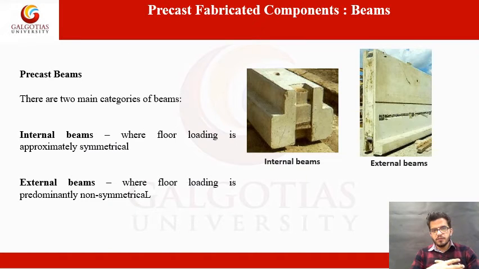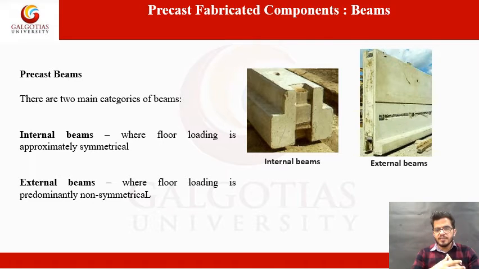So moving forward to the precast fabricated components, we have beams. We have a precast beam system, and we have two types of precast fabricated beams: the internal beams and the external beams. Internal beams are used where floor loading is approximately symmetrical, and external beams are used where the floor loading